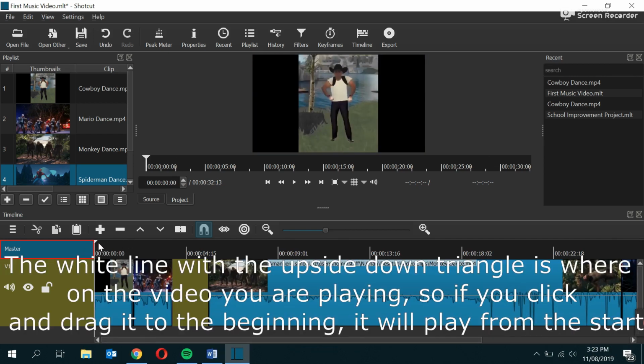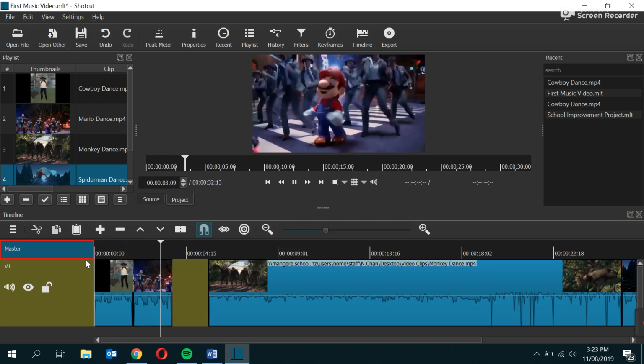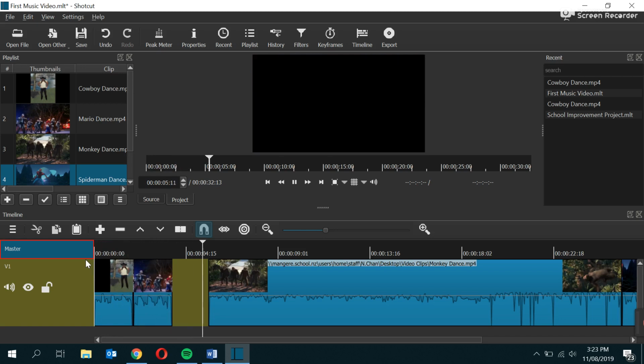This is the thing that tells us where in the video we're playing. So click and drag this little marker to the very beginning so that the video plays at the very beginning. So now we press spacebar, and it's playing all the videos